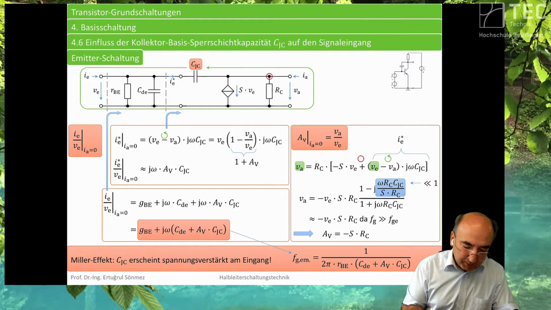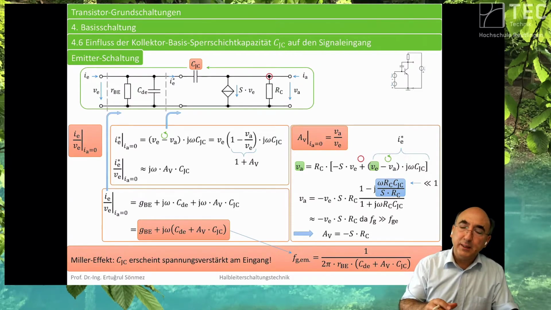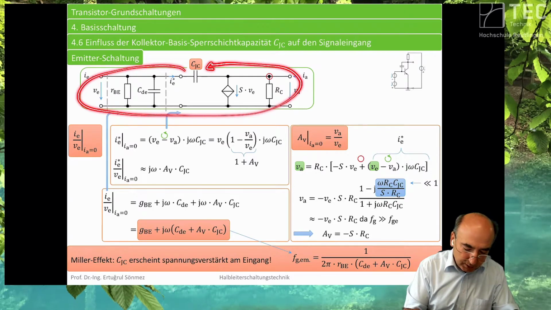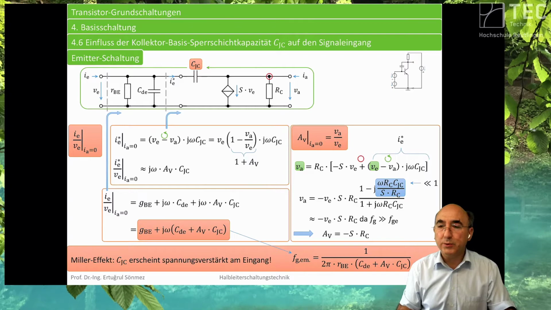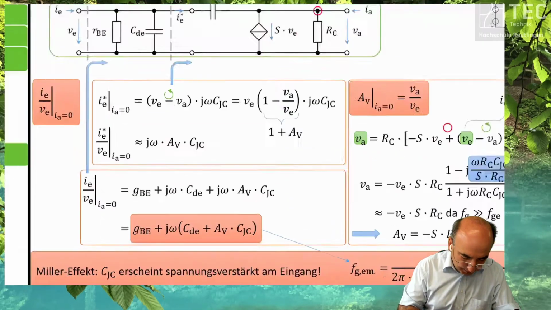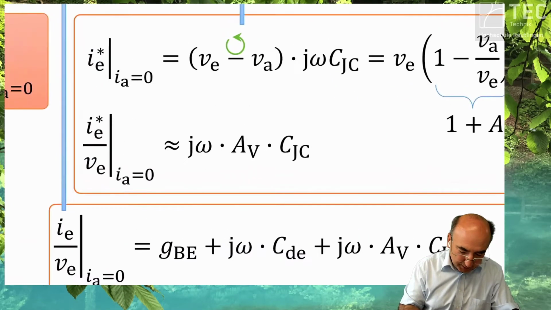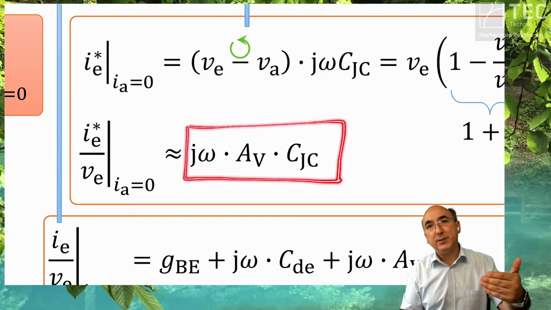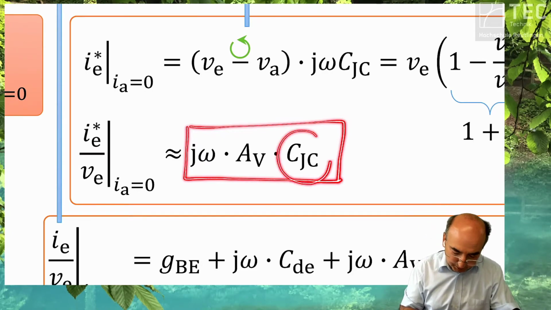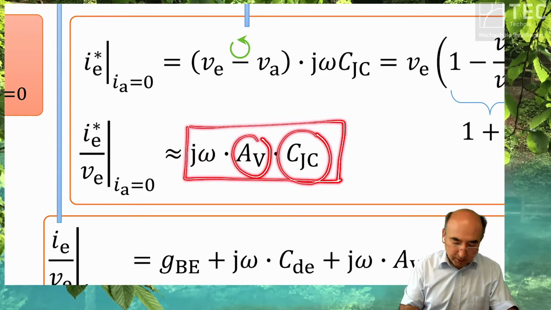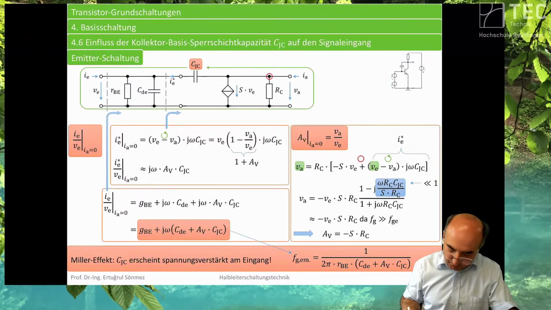If you apply, as in the electrical engineering basic course in the second semester, the mesh equations and node equations, then you end up with the electrical effect of this capacitance being multiplied by the voltage gain. So if you go to